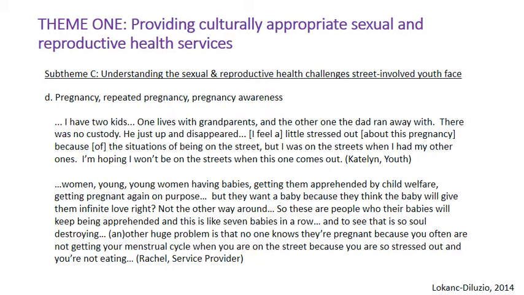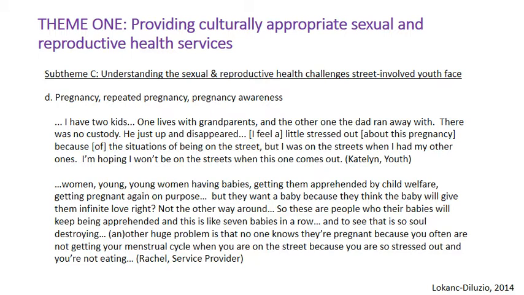Youth and service providers described that the issue of pregnancy is complicated. Although street-involved youth took contraceptives, some became pregnant, whereas others get pregnant because they actually intend to get pregnant. For example, one youth named Kevin said that he thought some females deliberately become pregnant. He said, "Well, with my personal experience, some girls like to get together because they're planning on getting pregnant. And I feel like more girls want to have babies."